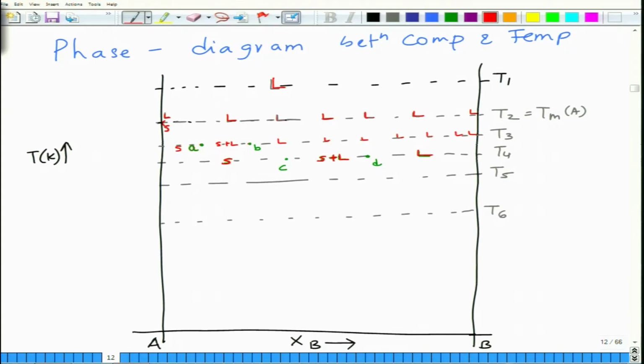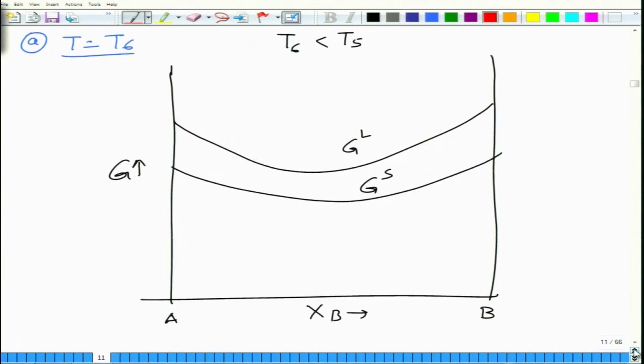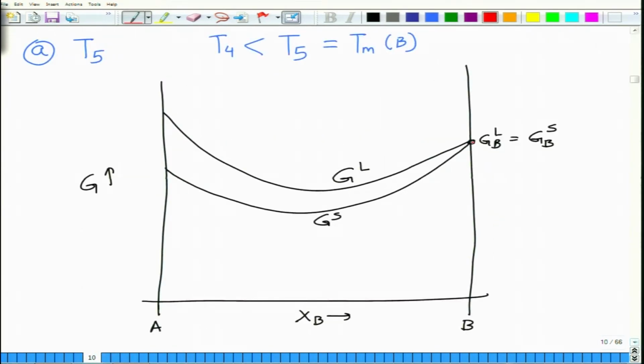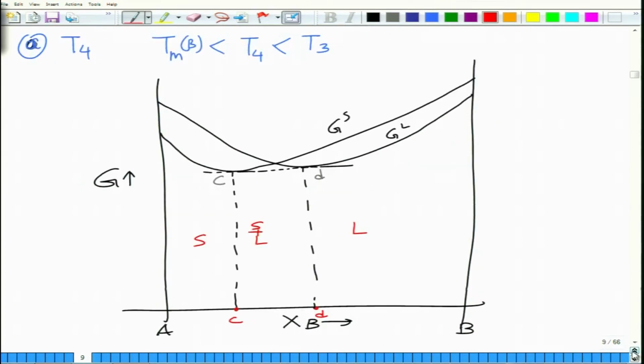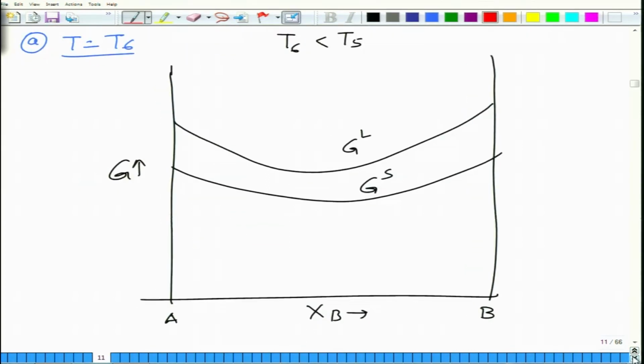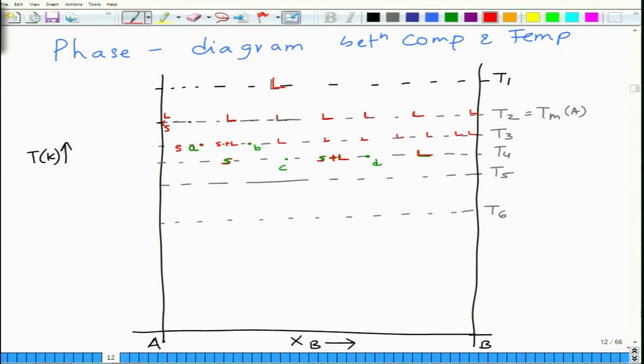And then when you go to T5, which is this temperature, except at this point which is pure B, everywhere else we had solid. So, this is similar to what you had at T2. So, at this point we will only have liquid, solid below this and above this temperature, but everywhere else it will be solid. So, here it will be solid, solid,